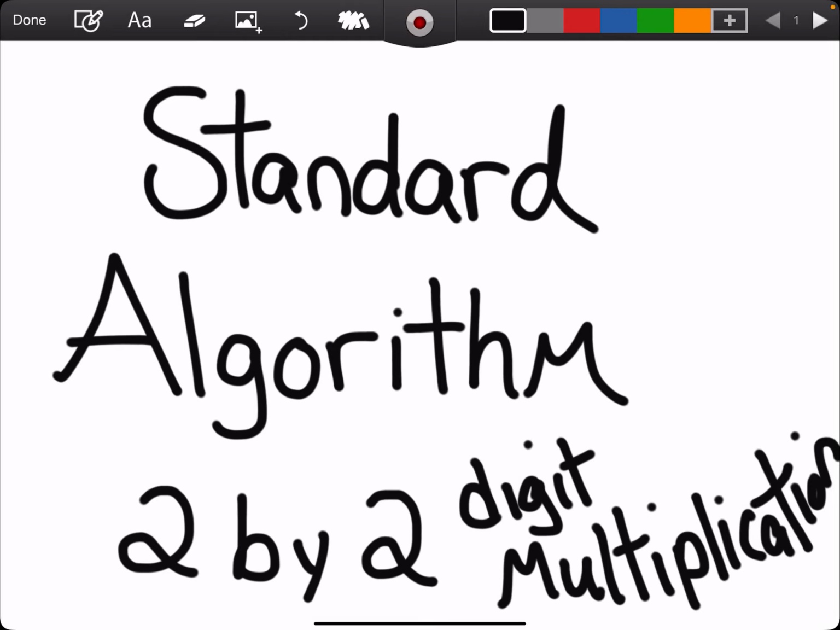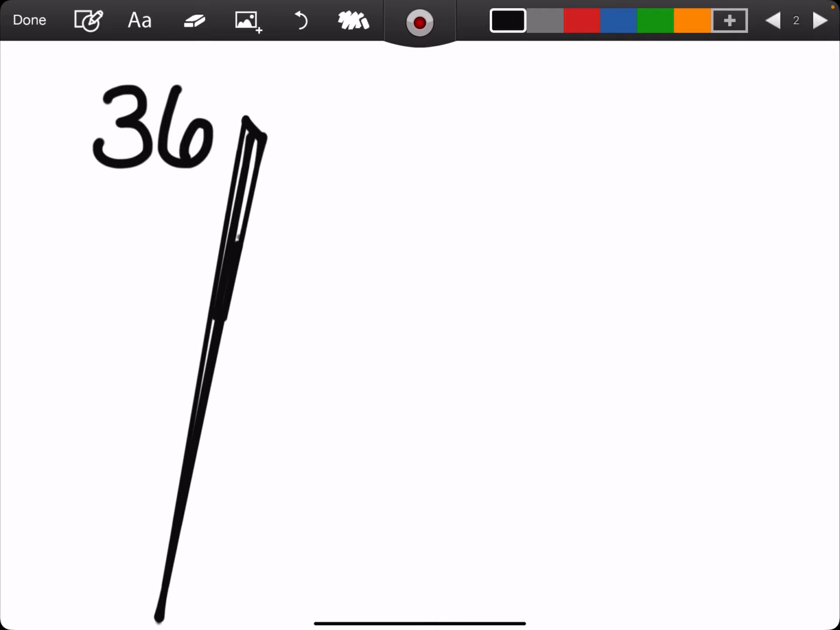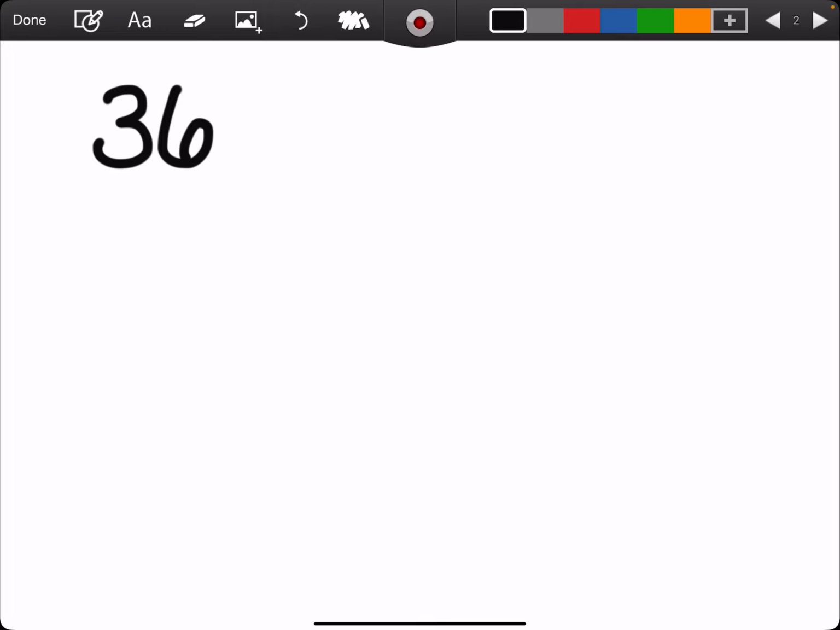Okay, I just wanted to do this quick video on the standard algorithm, 2 by 2 digit multiplication, because I know that the book and the video that's part of Eureka, they show it a little bit different than how, growing up, I saw and how most of us still traditionally do the standard algorithm of multiplication. So I'm going to show you here, if we're multiplying 36,